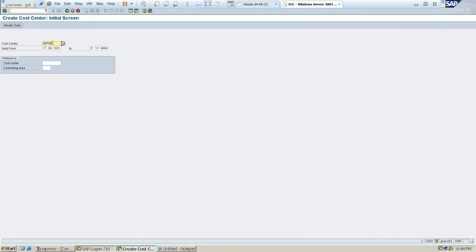Once again, I'll write down. So once you click on this new entry, once you enter into that particular path, after entering the path, it will directly show you the creation level. Give the cost center, valid from. Then enter. It will go to further options. Okay, write down. So cost centers can be any department, executive, projects. You can create like that.